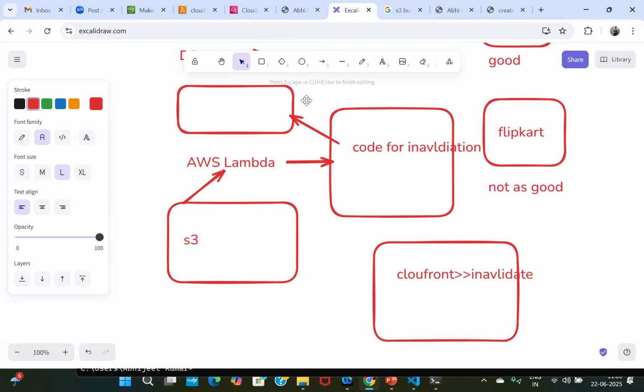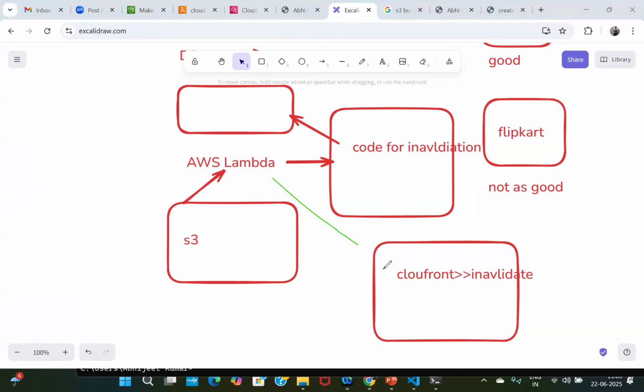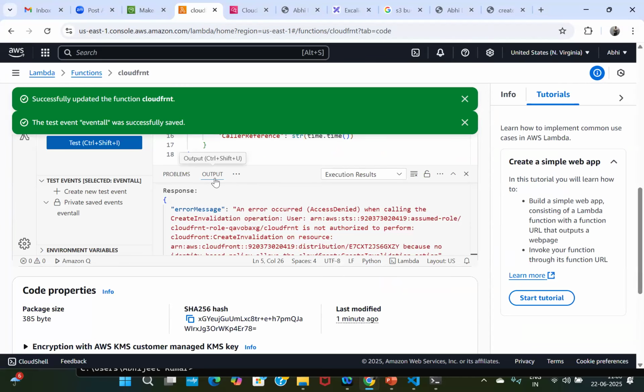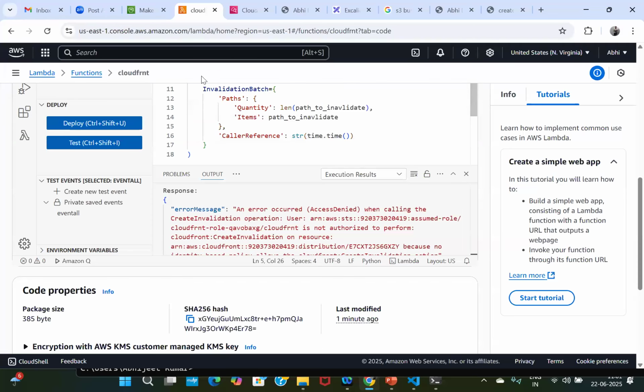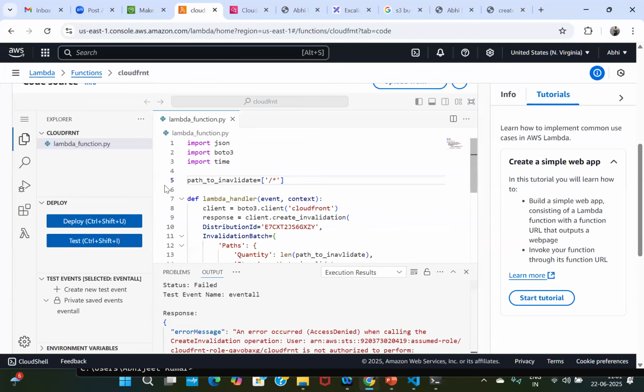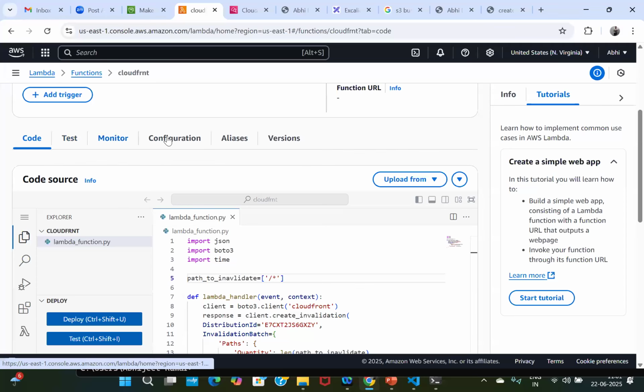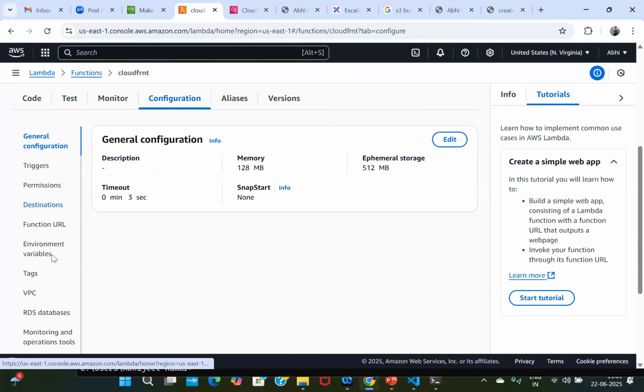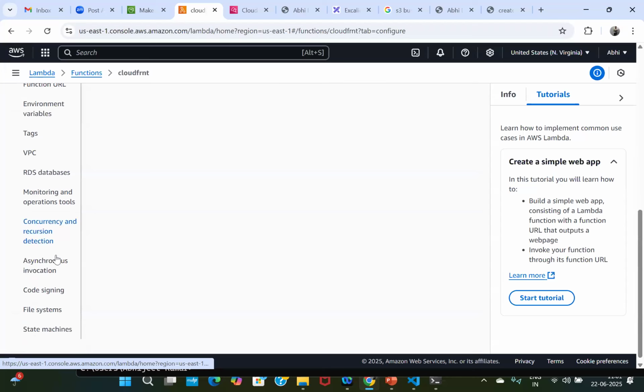I am the owner of them. But this particular service, AWS Lambda, wants to interact with CloudFront, so you need to give the permission to AWS Lambda. How will you give the permission? You will give the permission by providing it a role, saying, okay, my role, you take it. I am assigning you this particular role so that you can perform these particular actions. So that we need to do. We need to go here,